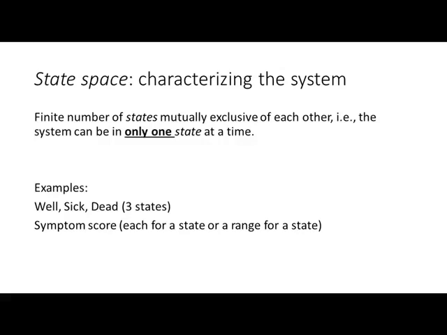And for examples, a very simple three-state system: well, sick, and dead. So this describes how a person physically evolves, right? This is a stochastic system defined by three states, and a more complicated system can contain states like this. The states are defined by symptom scores. I am actually absolutely no expert on this. I just picked this up from the internet, and I suppose it gives you a score of how bad the symptoms are.